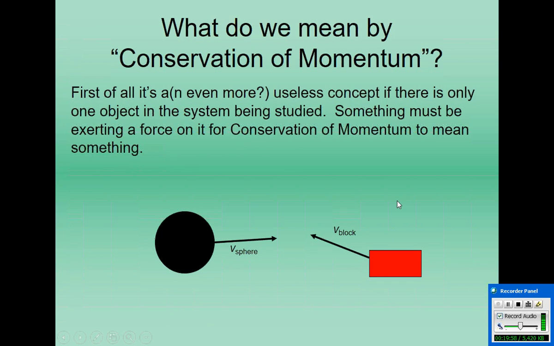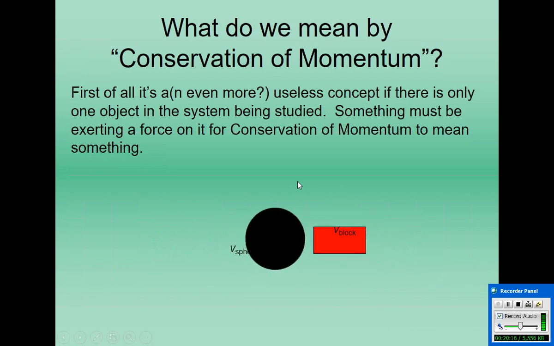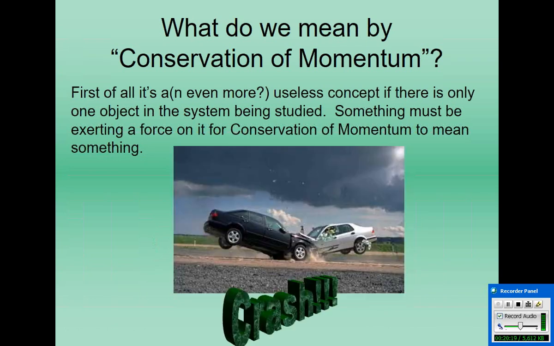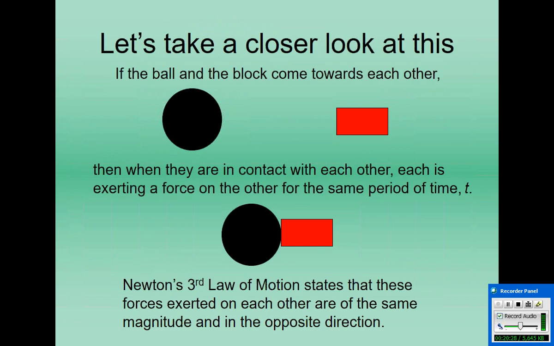What do we mean by conservation of momentum? Conservation of momentum requires an interaction between two objects. So on the screen, we can have a sphere moving in one direction, a block moving in another direction, and they are going to interact with each other, and bam, they crash into each other. We can apply conservation of momentum to interactions between two objects. To understand this,